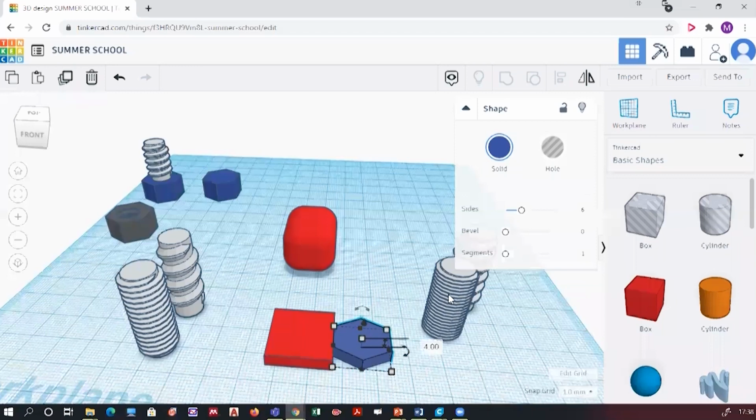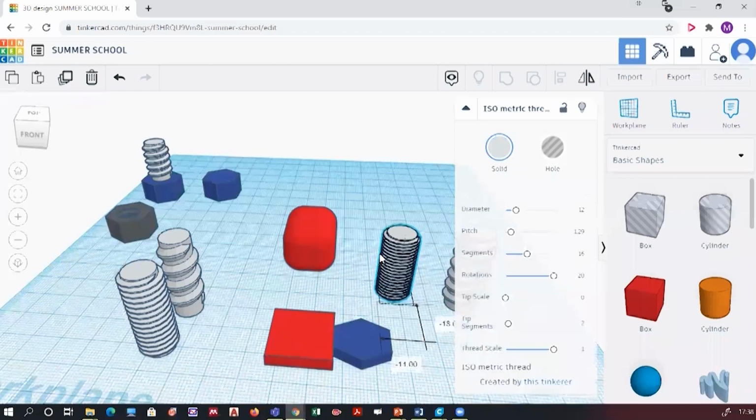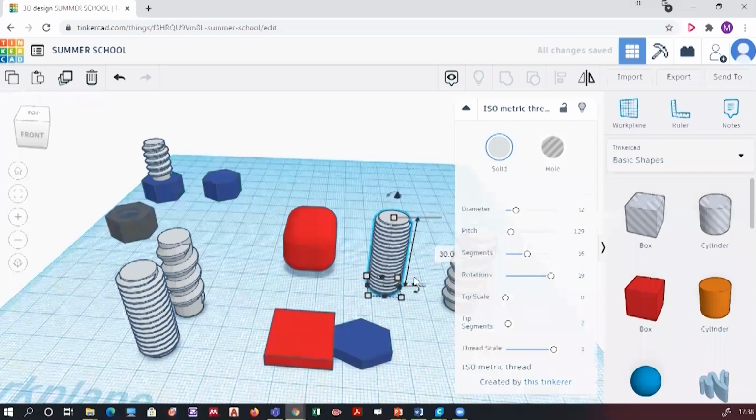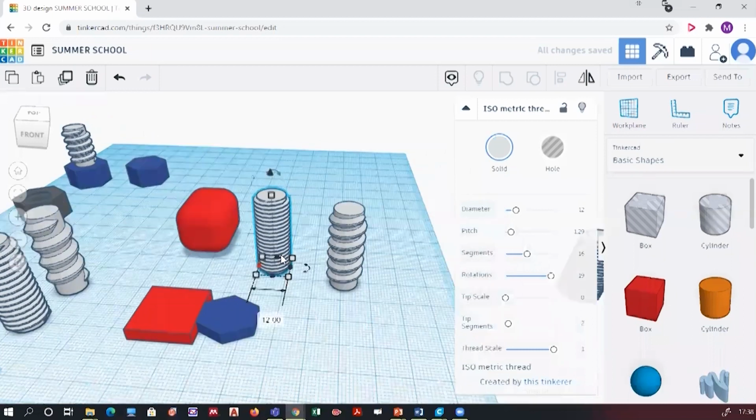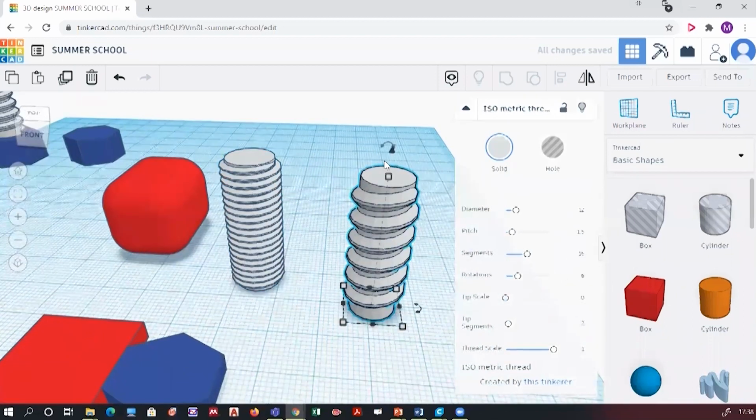Now, can I show it again? If you want to increase or decrease the number of rotations in a given length, you go to this option, rotations. Suppose in 30, I have to increase the rotation. I click over here and the number of rotations is increased.